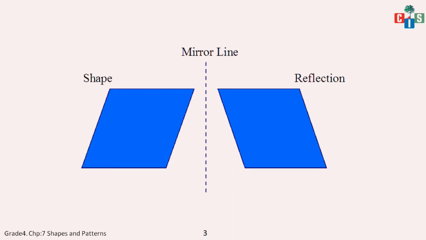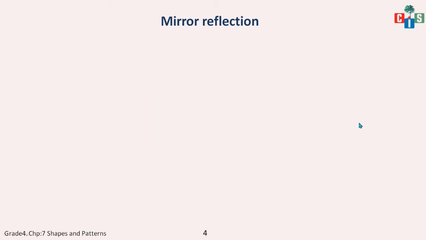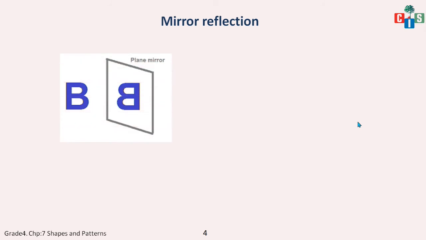This example is for explaining the topic mirror reflection. I told you the reflection symmetry is different and mirror reflection is different. This is mirror reflection. If I am placing the mirror outside the figure, I'll get the reflection which looks like this. Now let's have another example of mirror reflection. It will be more clear.